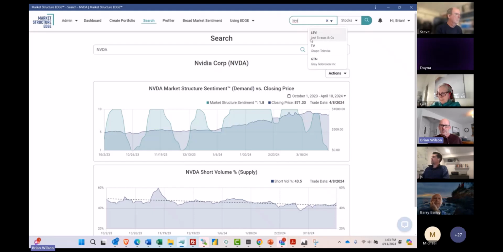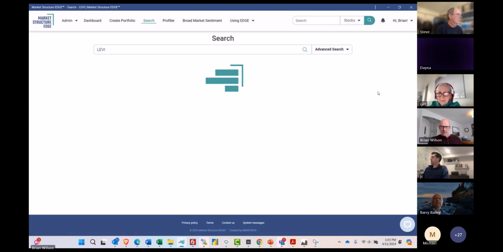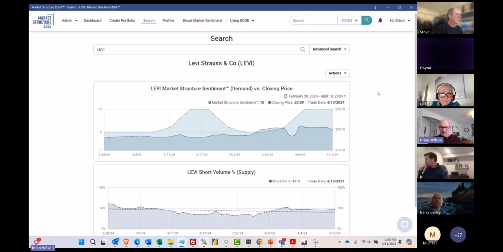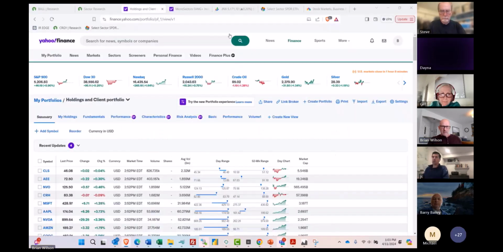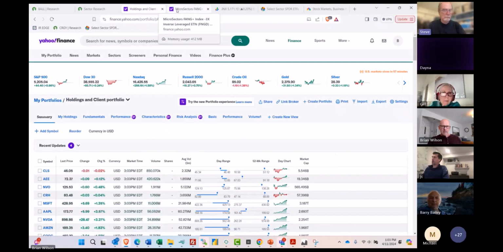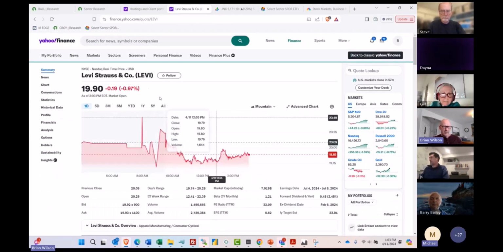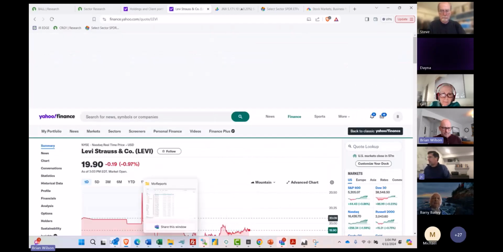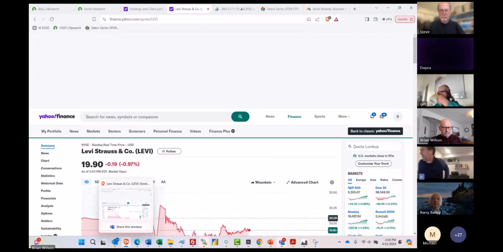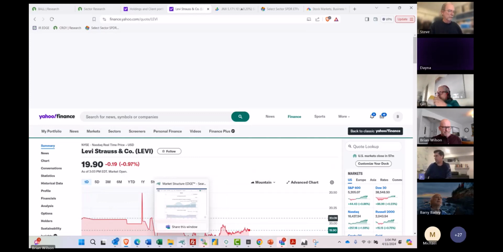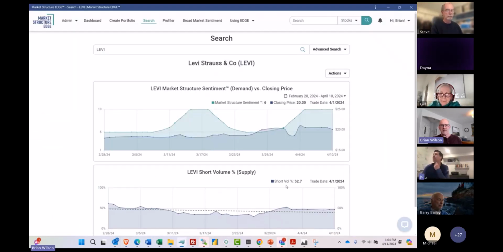There was a question about Levi Strauss earlier. Let's go ahead and take a peek at that one. I don't know if there was any news in the name today or not. It had started coming under a little bit of pressure today. I didn't check this one before the call, so I'm just seeing right now it's down about 1%. It had earnings 5 or 6 days ago, and I think that was the pop. And now it's the post earnings retrace that we're seeing a bit. Yeah, that's a great point, and that's a good example. I had mentioned earnings. Thanks, John.